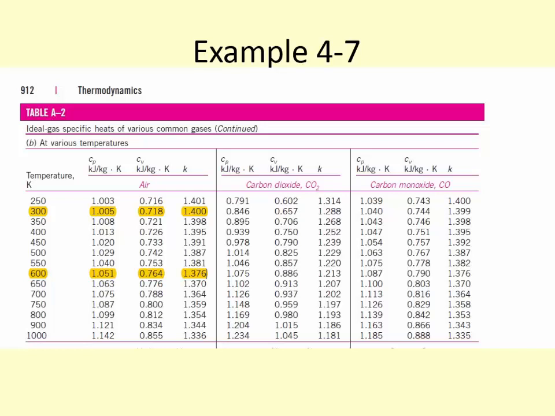0.741 kilojoules per kilogram Kelvin. Okay, so I can say I'll use this one, 0.741. It's the average of the two values. Or I can say I'm just going to look up C sub V at the average temperature. And then you go to the table and get the